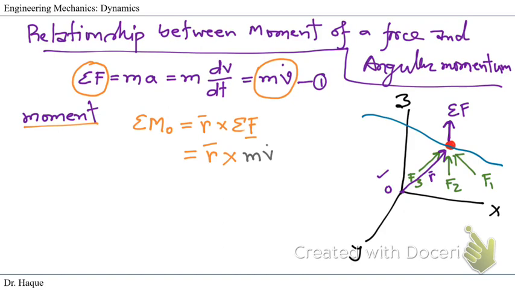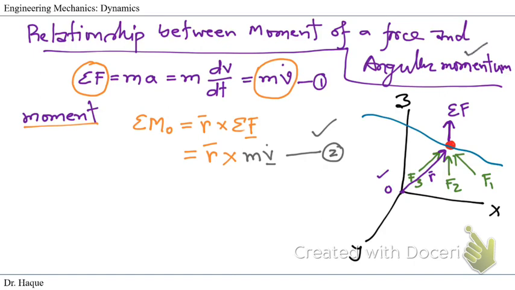This is also a vector, the cross product of position r with mass times the derivative of velocity. This is our equation 2. Since we're looking for a relationship between this moment and angular momentum,